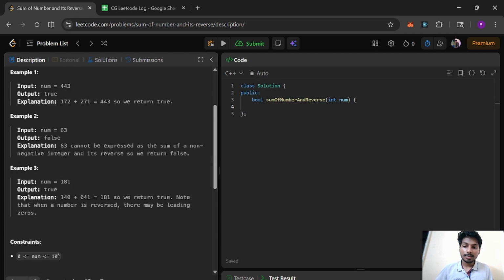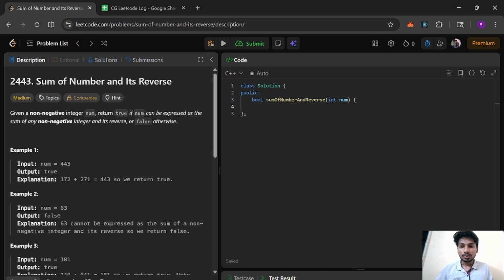If we see example number 2, that is 63, it cannot be expressed as the sum of any non-negative integer and its reverse, so we return false. So that's all. That's what the question wants to say. So what we can do here is,